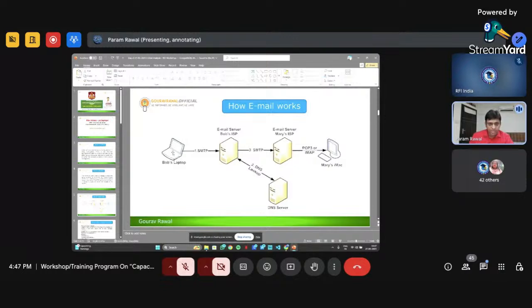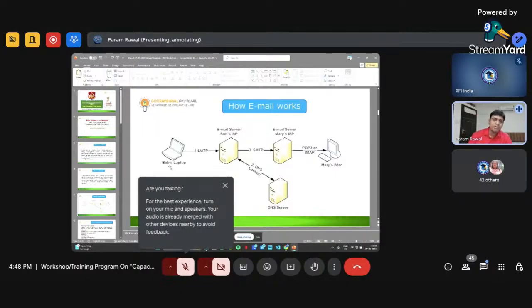So what will happen is, when you send an email, first it goes to your service provider's email server, not directly to the person. Even if you are sitting next to me and you send mail to me, it goes via your internet service provider and comes to me via my internet service provider's mail server.